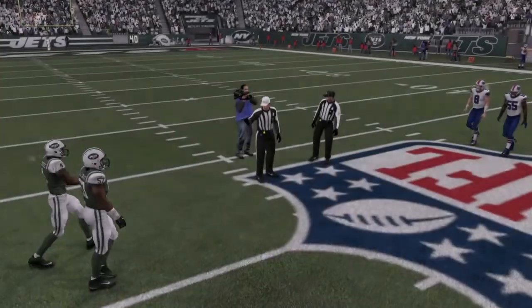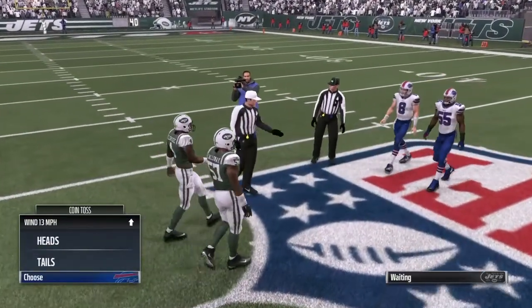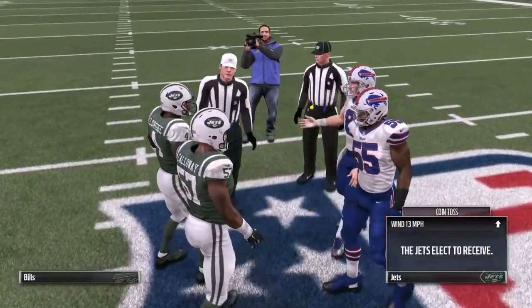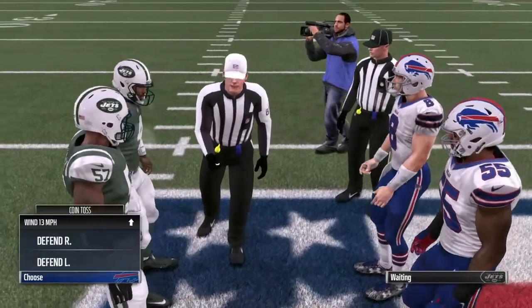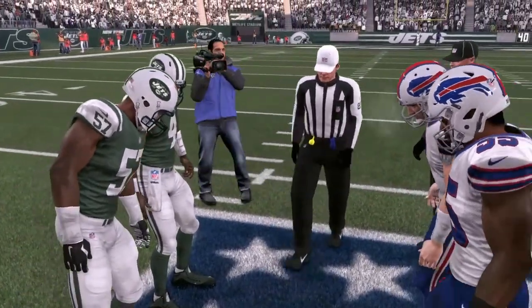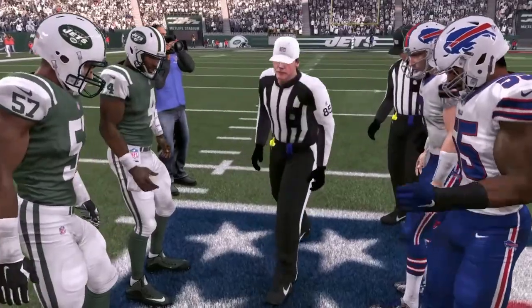It's a little teaching moment here. Overtime rules. Remind us how this goes, partner. Okay, so in the past, we had sudden death. First team to score wins, but no longer. Now, if the team receives the ball, scores a touchdown, they win the game. If they kick a field goal, though...